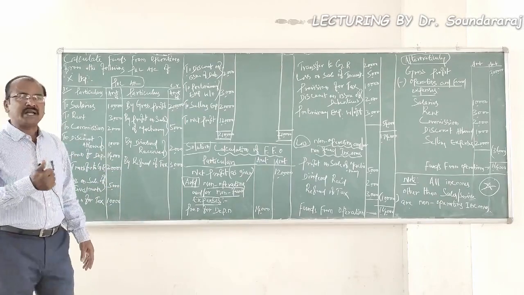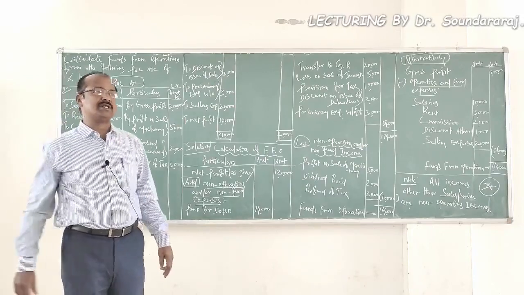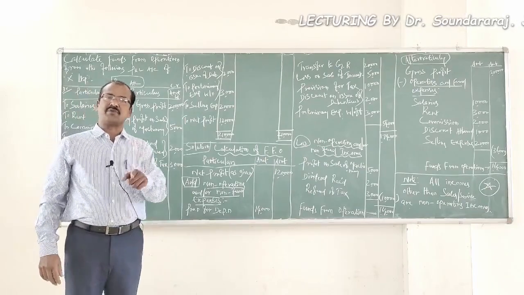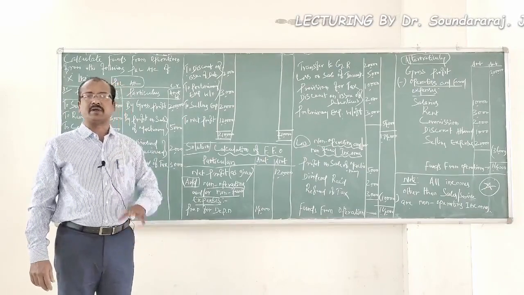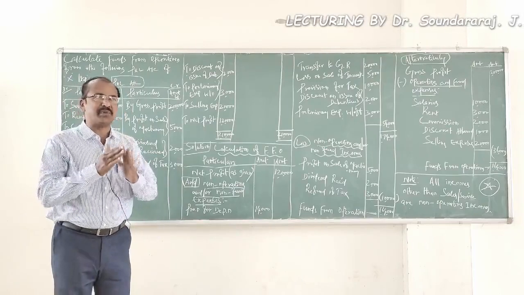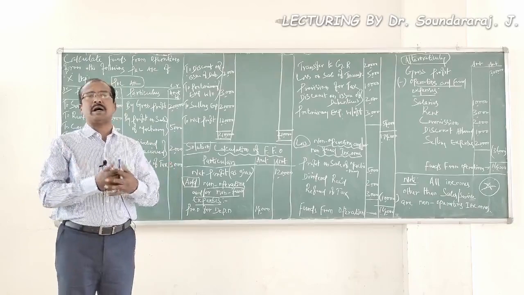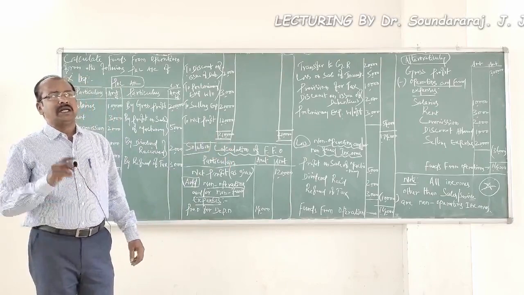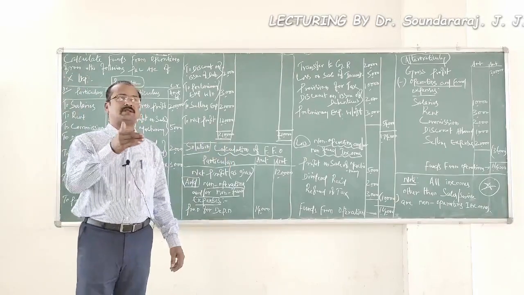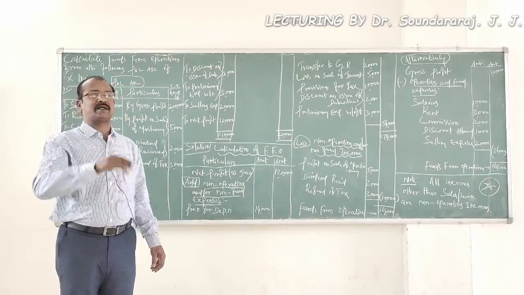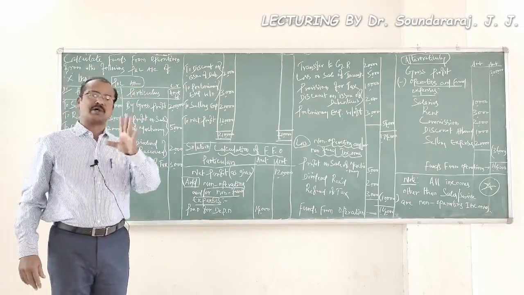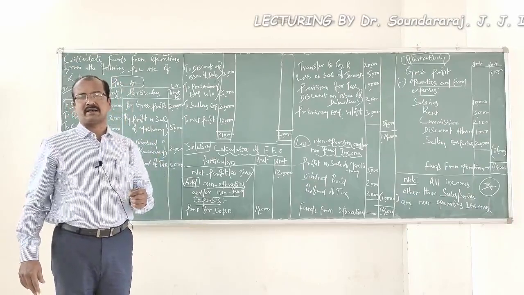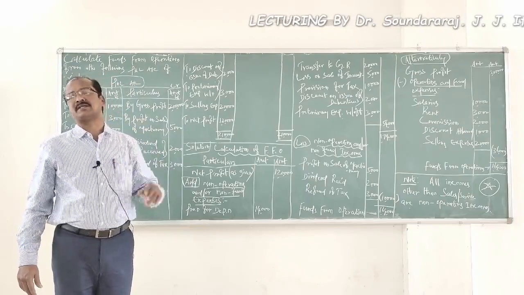To calculate funds from the main operation of the business, we need to do a kind of working, either starting from net profit or starting from gross profit. Keeping net profit as a base for the working is the most popular type of working. I have done it in either way. I will explain. Let us start our first working with net profit as the starting point. Along with the net profit, we need to add back the non-operating and or non-fund expenses and losses.